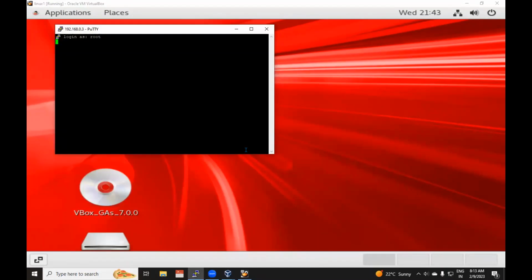Root. We'll give the root password Oracle 1, 2, 3. Okay.